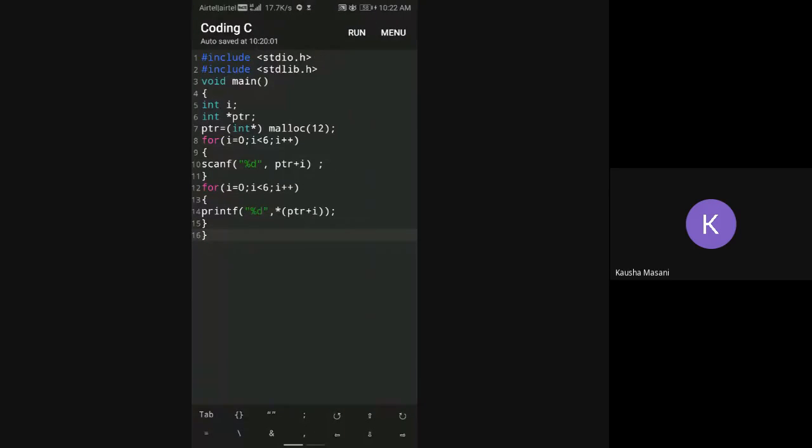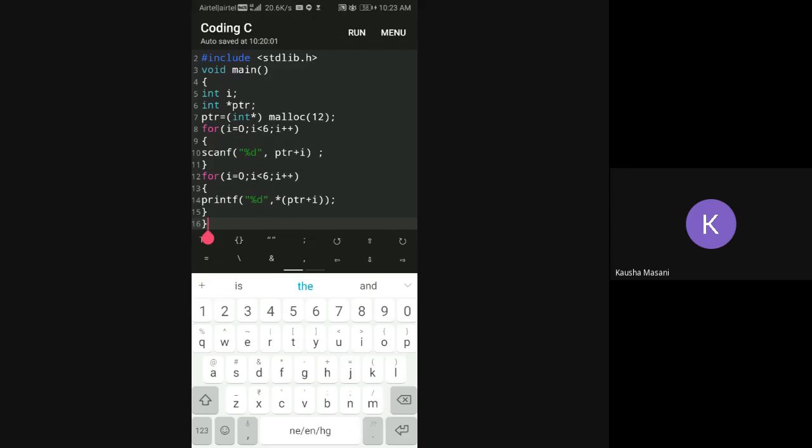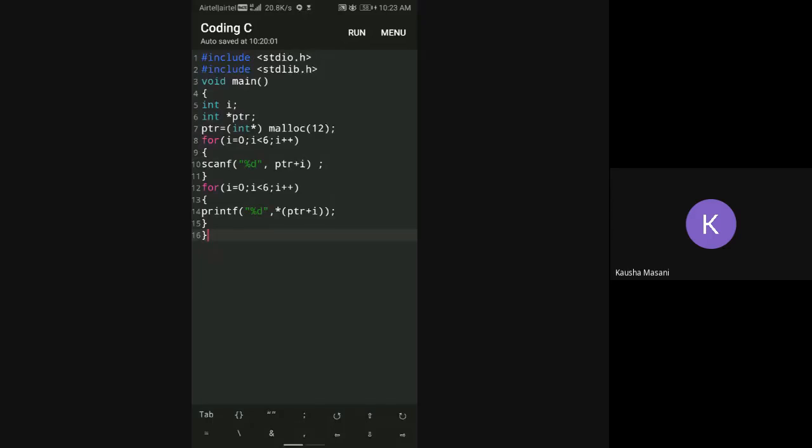Ma'am, is it visible? Yes, it is getting loaded. Just a minute, my network is a bit weak. Yes, it is visible. Run the program.